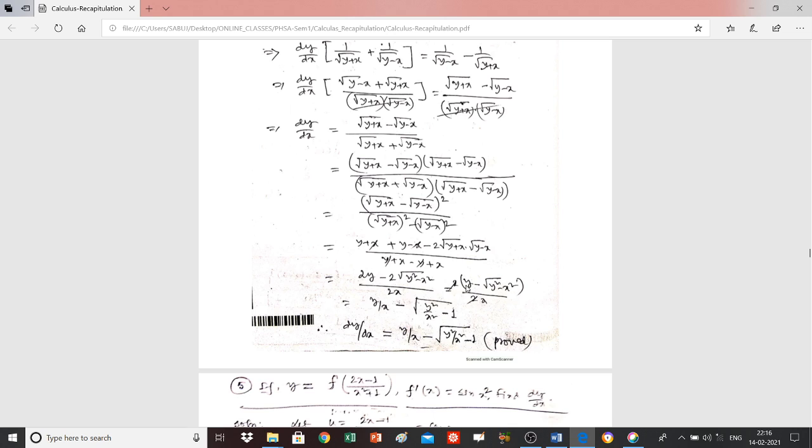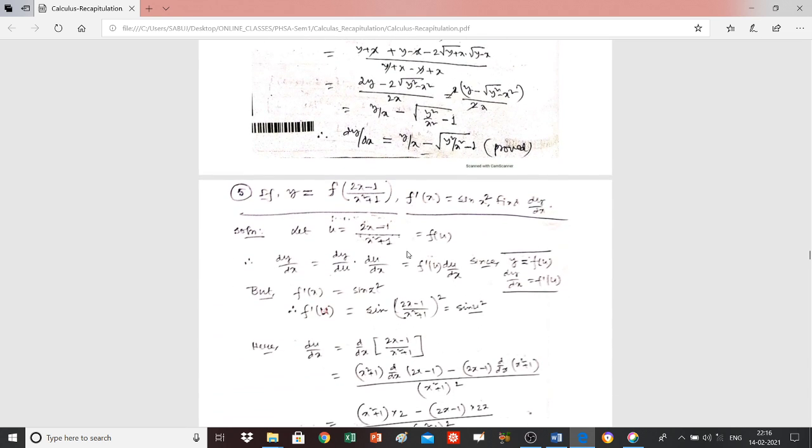That means this x will turn into x, and then it will be y by x minus root over y square by x square minus 1, and here the x and this x will cancel each other. So finally dy by dx is equal to y by x minus root over y square by x square minus 1. This has been proved. Now another function is y is equal to f of (2x minus 1) by (x square plus 1),